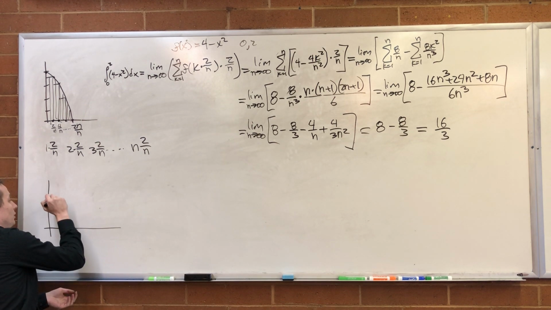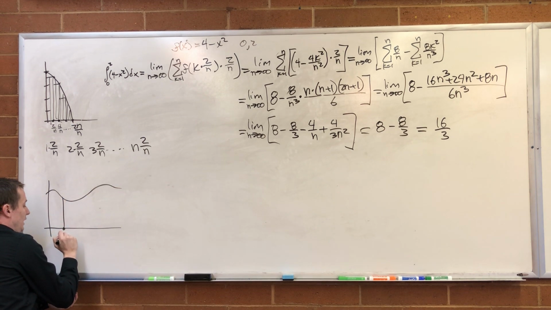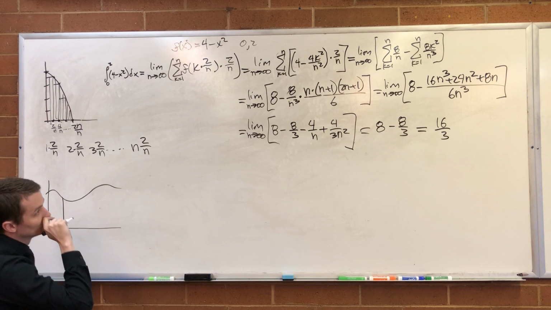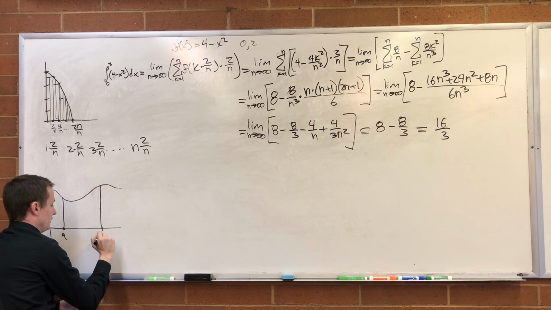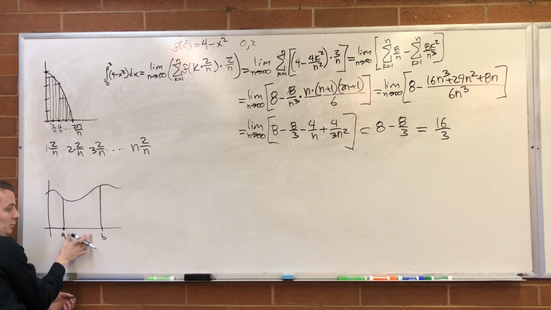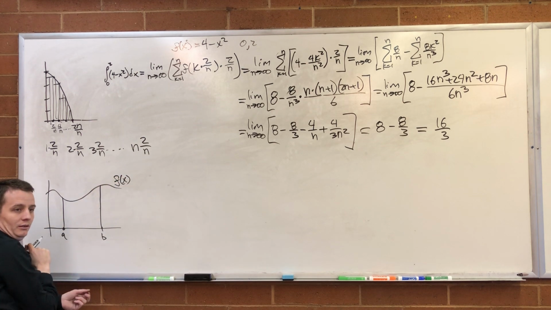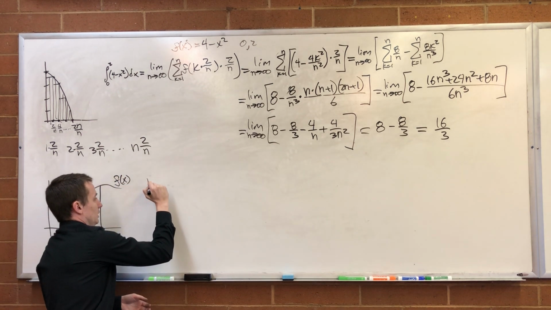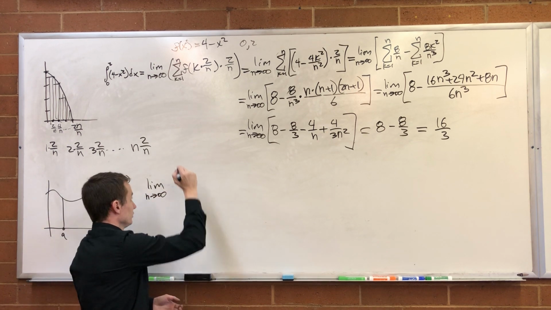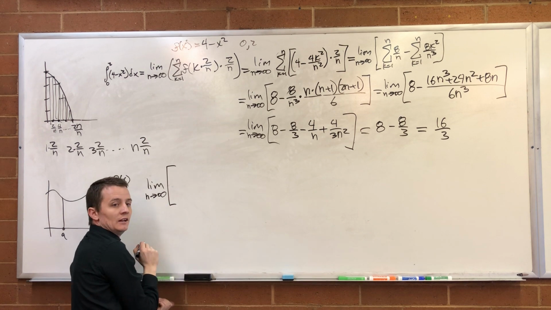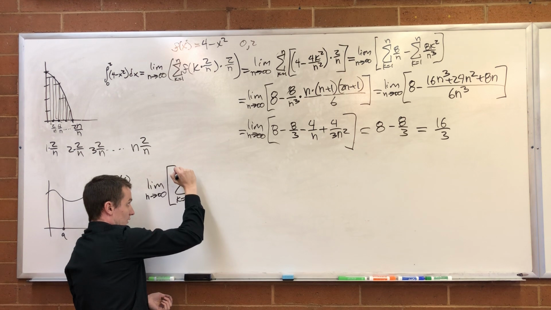I have some curve, I don't know what the curve is now, some curve f of x. And we're going to go from A to B, and I need to calculate the area between A and B of this function. This function's f of x. You with me? So that area is going to be the limit as n approaches infinity, we're going to take infinite rectangles, right? Of the sum from k equals 1 to n